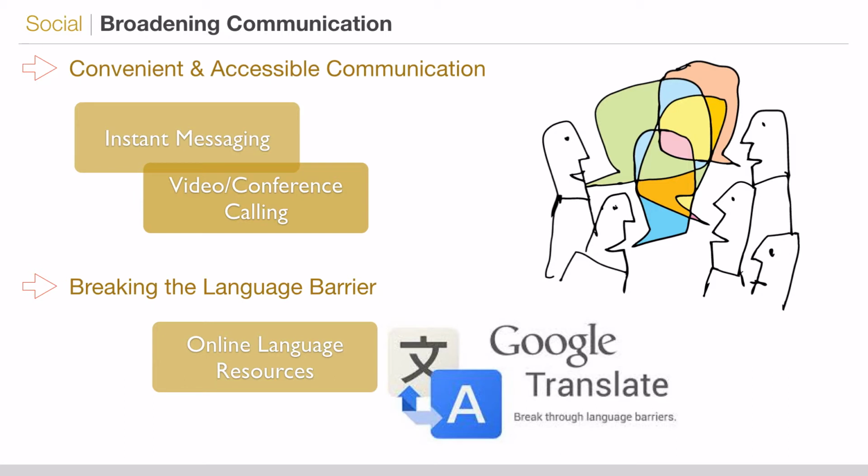Information technology has many social advantages. IT can make communication among people easier and faster. Chat applications such as Skype make communication convenient and accessible. IT can also help break down the language barrier. With access to the internet, people in third world countries can easily communicate with other nations of different languages. Language translation tools such as Google Translate, for example, can convert foreign documents to a native language, thus assisting communication with international business partners.